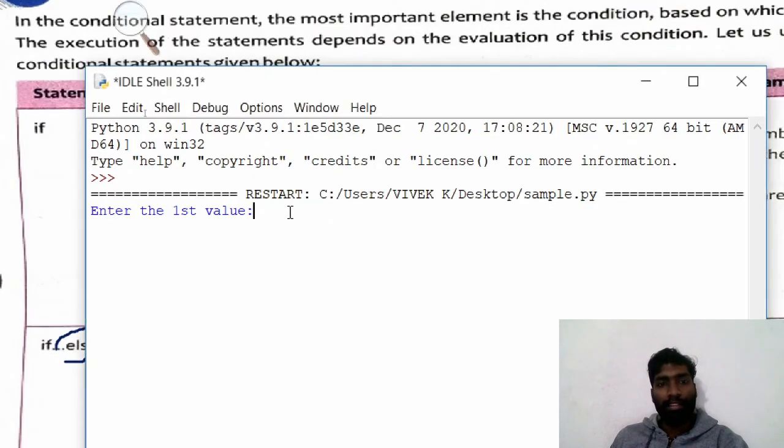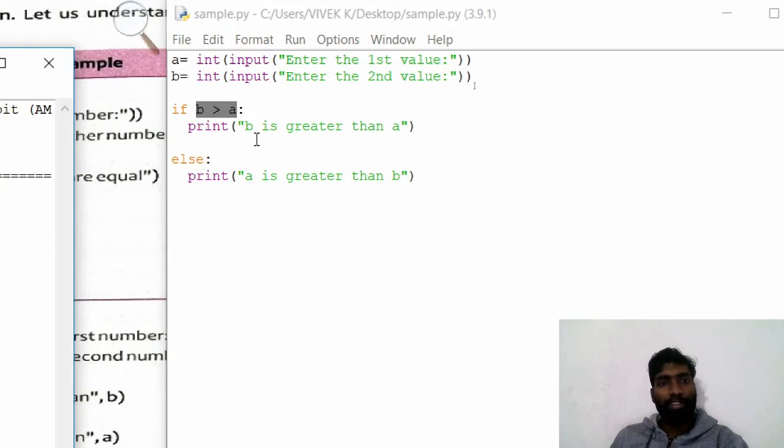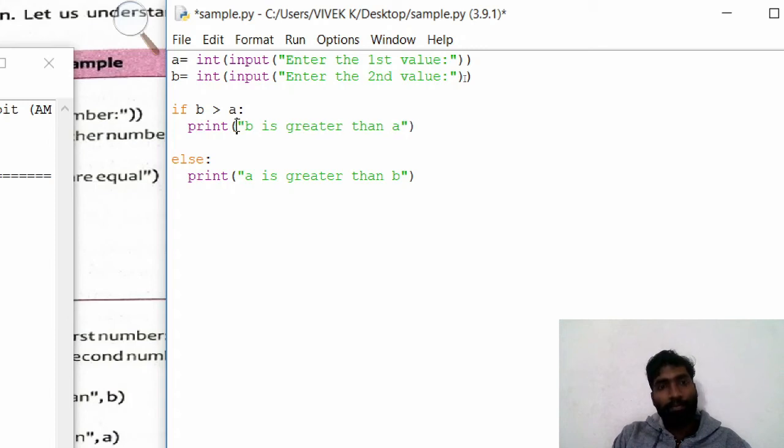Now see here, first I am typing 5 and 10. B is greater.